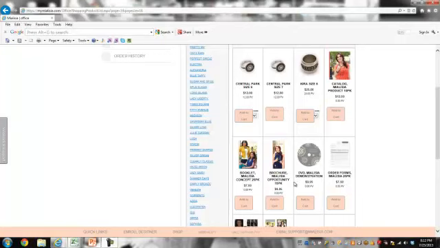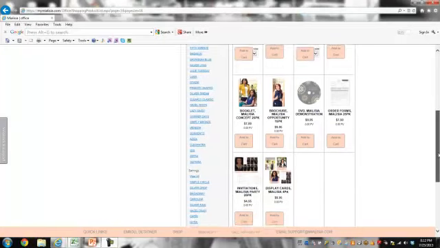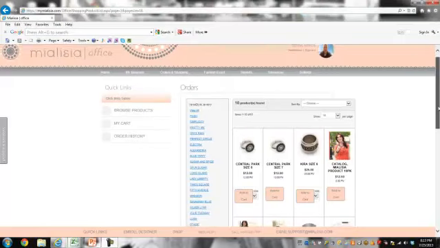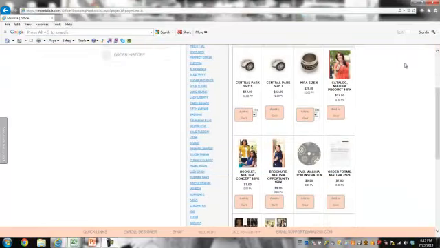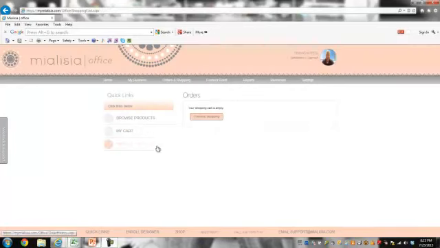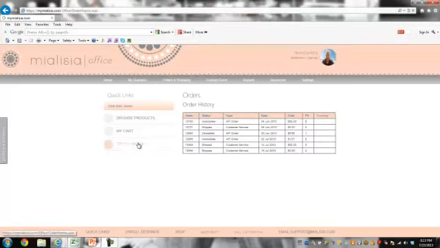Again, all those products for the first people we shipped will be available. For those that are in just the recruiting phase for the next couple of weeks, you'll actually be able to still buy business supplies here in your back office. Okay, so if we go to My Cart, this will actually take you to your shopping cart, and your order history will actually take you to all the orders that you've placed as the designer here at Mialisia. And you'll be able to browse those and see what the totals are, and also how much value you earned towards the comp plan. Okay, so if we go back to the home page,